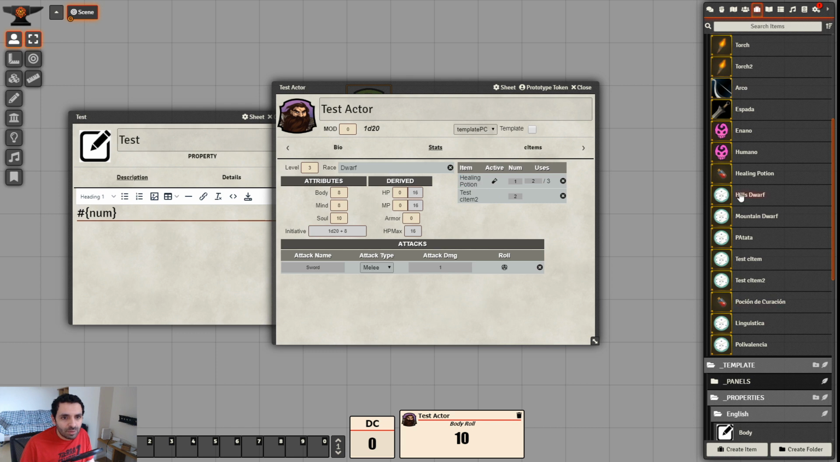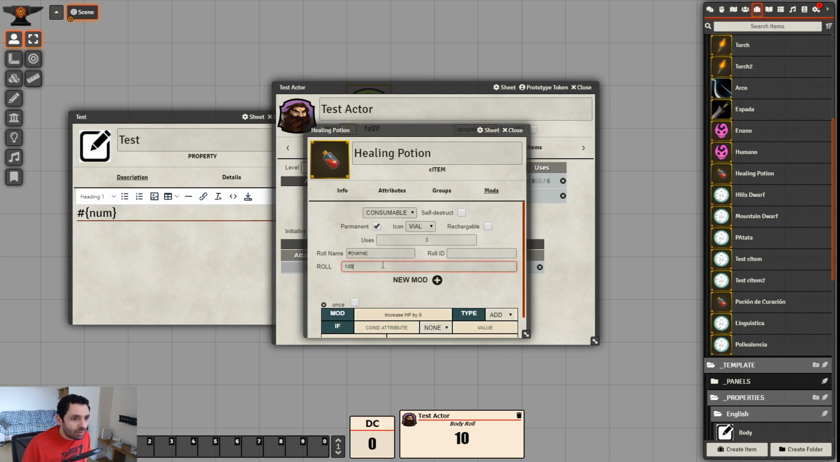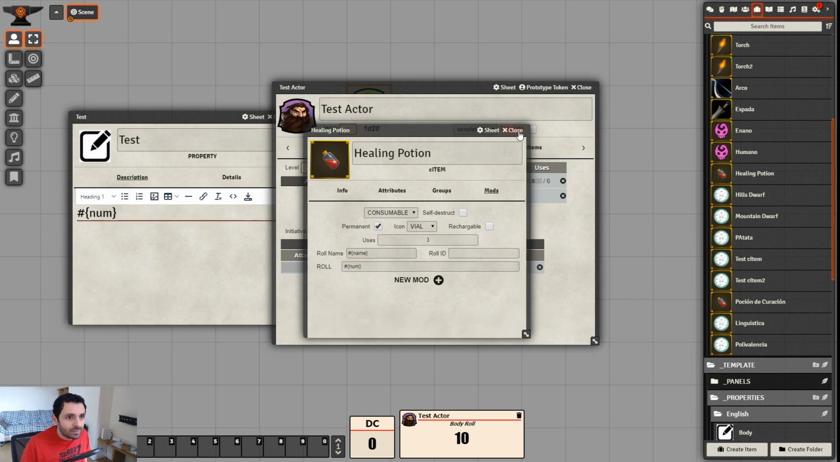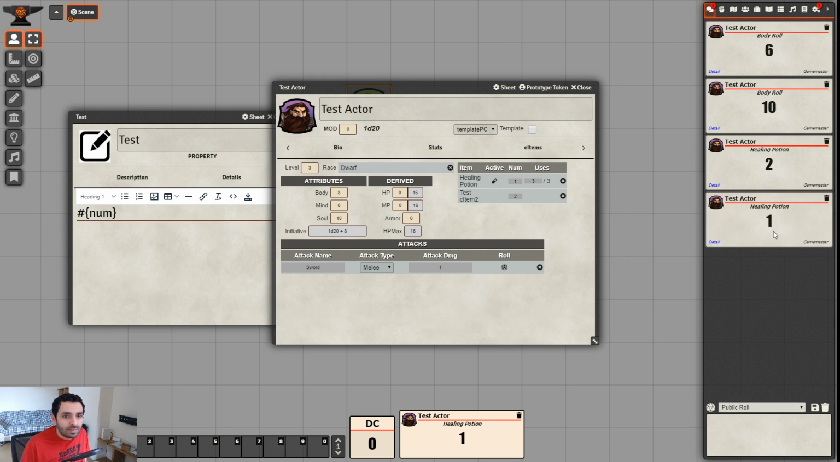No, let's do it easier. We already have healing potion there. So we have 2 healing potions. If my roll is num, and I remove mod, when I click on it, it will return the number of healing potions I have. So if I only have 1, yeah, you see, that is not only for rolls, it's for helpers. You can make your inventory, calculate weights, total loads and encumbrances and things like that by using num and adding it to a property. Well, I've talked about this, but I will talk again in a future video, which is